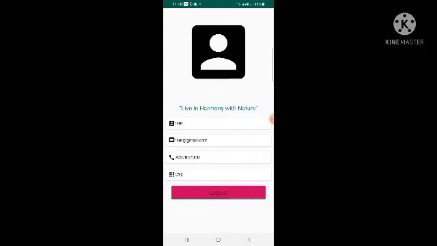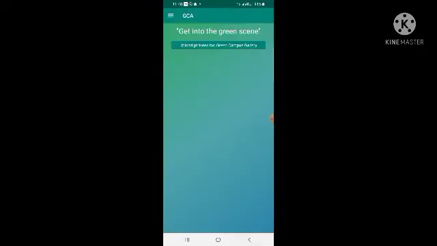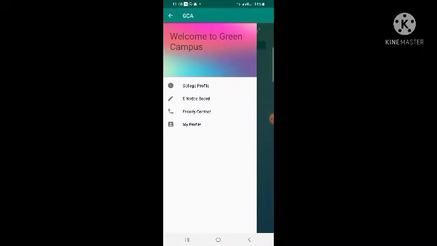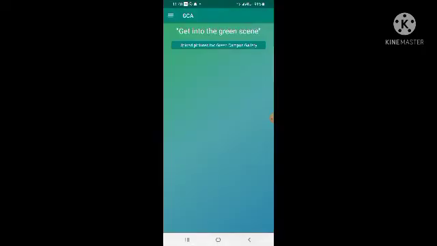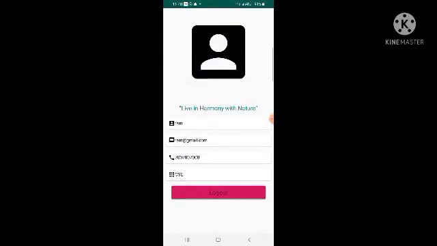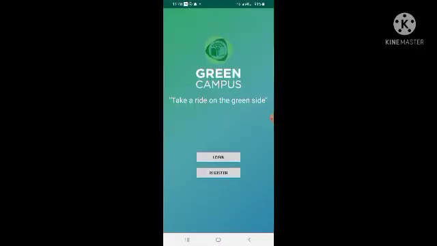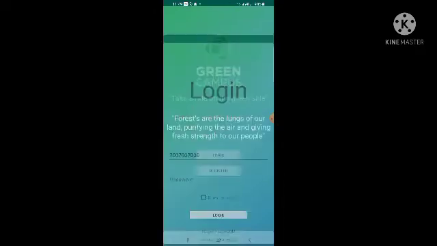After that, we will move to the admin profile. From my profile, the person can log out from his account. I have given the faculty contact to the admin profile. All the faculty are able to log in with their contact number and password as 123 and serve the admin privilege.